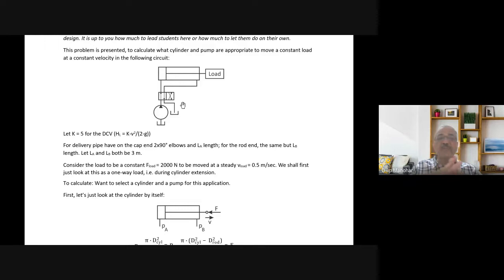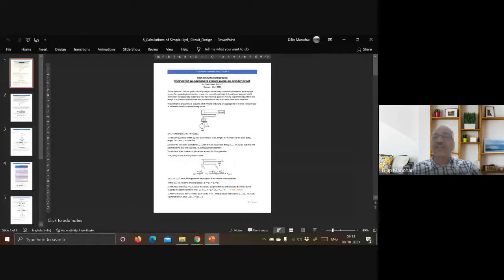The same system you can use for a very elaborate system. You do this calculation in very detailed form for all the discharge points, suction point, valves, tubing, fittings, then the valves for the direction control valve, relief valve, everything, and make a table and do this calculation systematically. So with this I've just shown you how to calculate, design a pump and a cylinder and select. Basically, it's a selection.